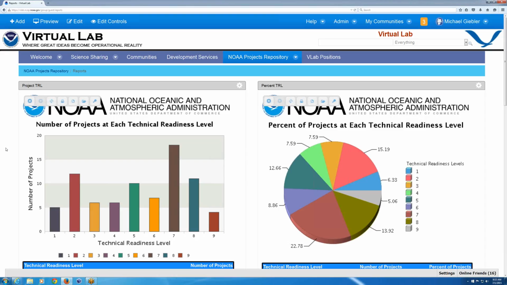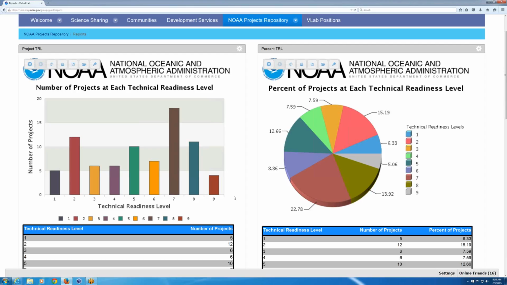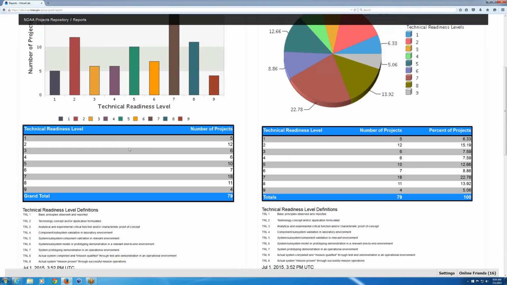Mike, you want to just walk them through that? All right. So out here in our production server, currently we have just 4 reports. The first one just shows the number of projects that are at each technical readiness level. It's a simple bar graph with a chart at the bottom showing the total number of projects, a breakdown of projects by the TRL. If you hover over the bar, it'll show a little tooltip with the number,